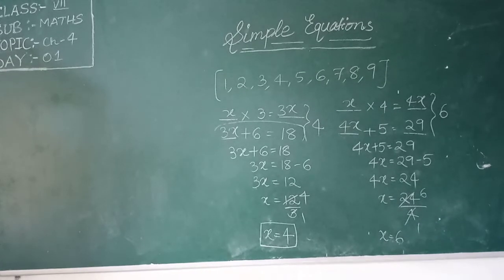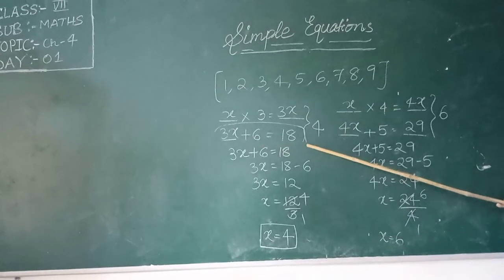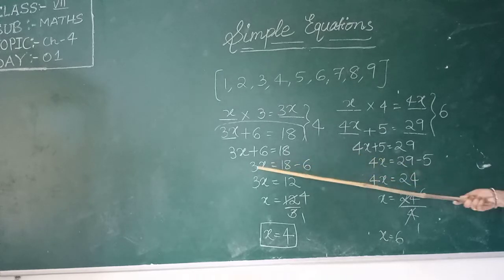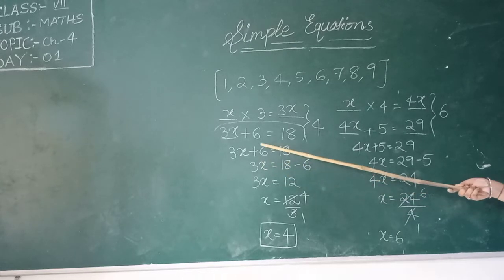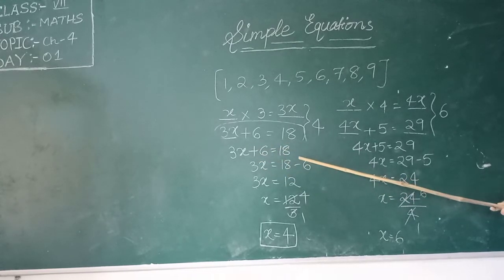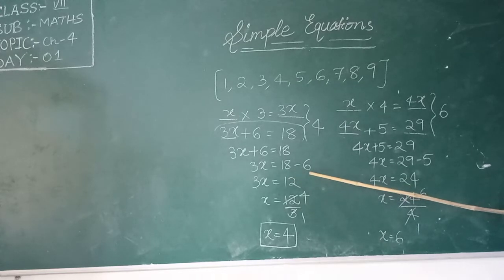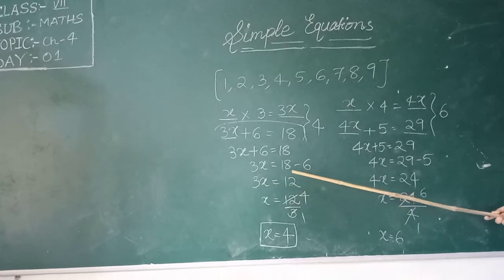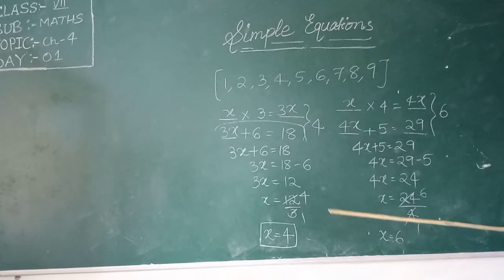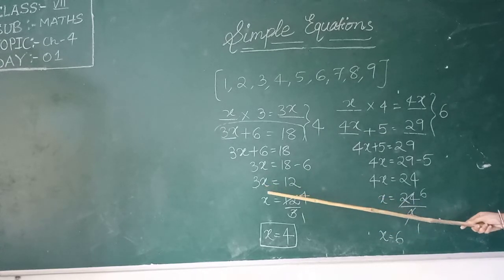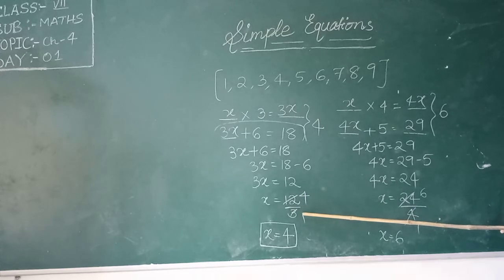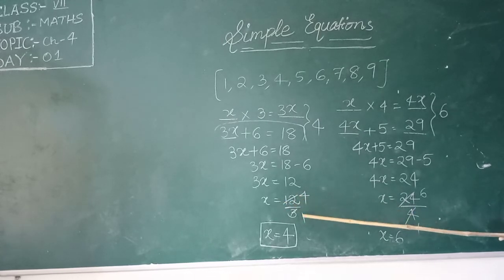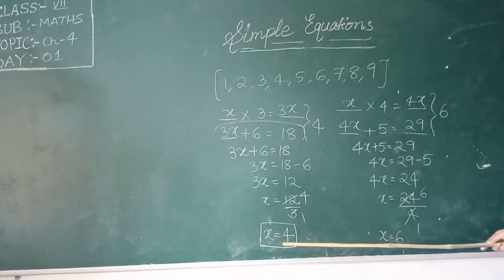See students how we got it. Here we got the equation 3x plus 6 is equal to 18. Now solve the equation. 3x plus 6 is equal to 18. Now 3x is equal to, this 6 is plus 6, so if you bring plus 6 to this side, it becomes minus 6. So 3x is equal to 18 minus 6, which is 12. So 3x is equal to 12. What is 3 doing with x here? 3 is a product, it is multiplying. If you bring multiplication to this side, it becomes division. So x is equal to 12 by 3. Reduce it, x is equal to 4.